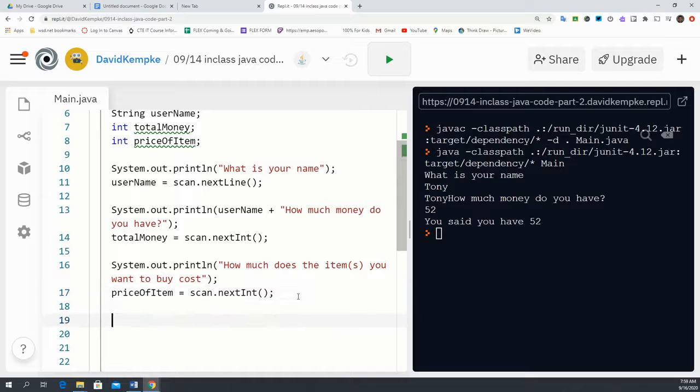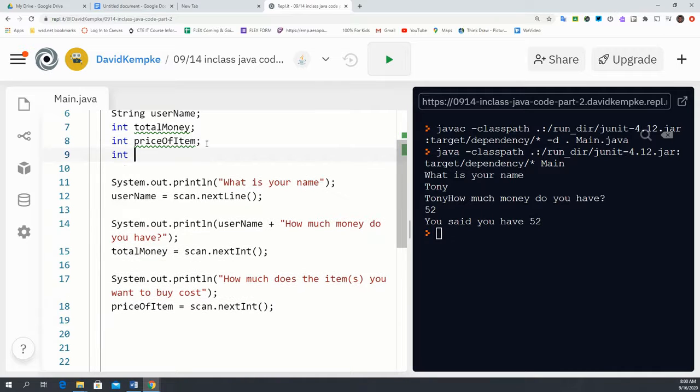And then let's do some math here. So we want to tell the user how much of an item they can buy. Well, I don't have any place to store the math that I do. So let's create a new integer and call that, let's just say, num of items. Okay. So we're going to set num of items, and that is going to be equal to